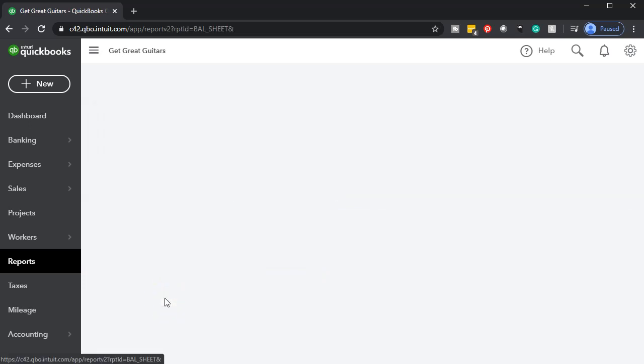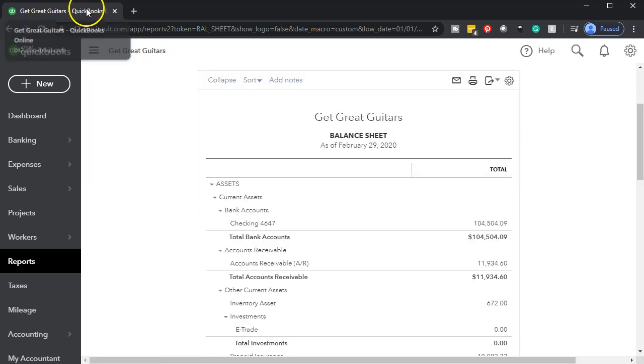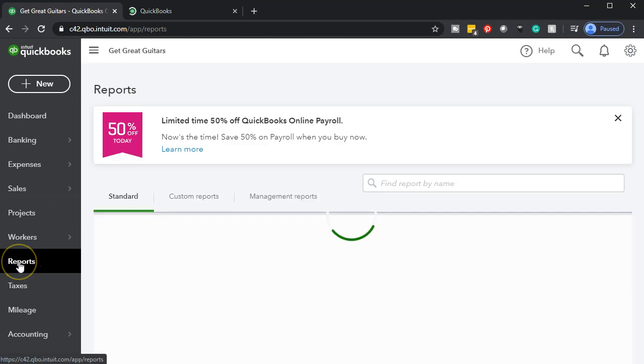We're going to go back up top. We're going to be changing the dates up top, that being from 01/01/20 to the cutoff date of 02/29/20. We're going to run that report. We're going to right-click on the tab up top so we can duplicate that report. Going back to the tab to the left, then going back down to the reports on the bottom left